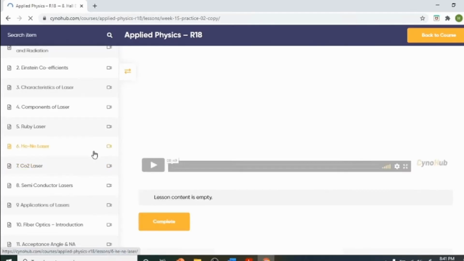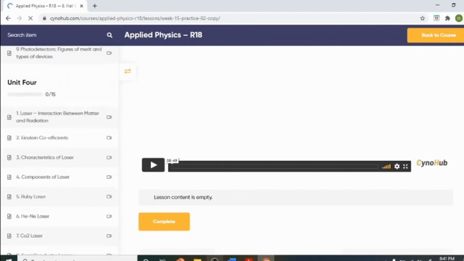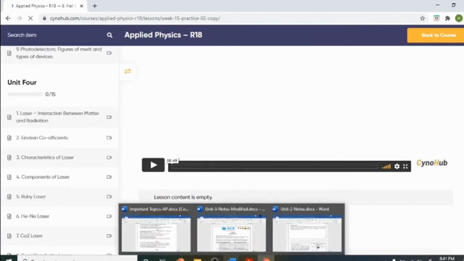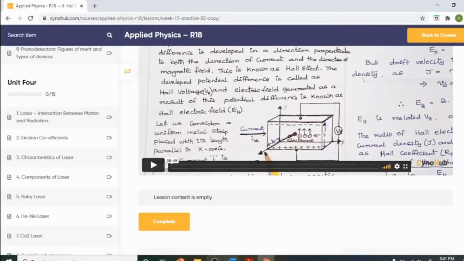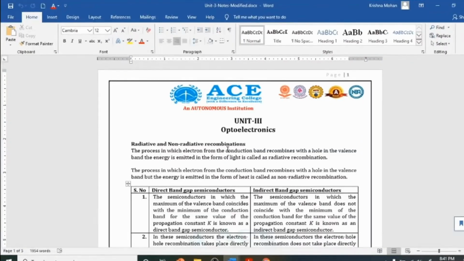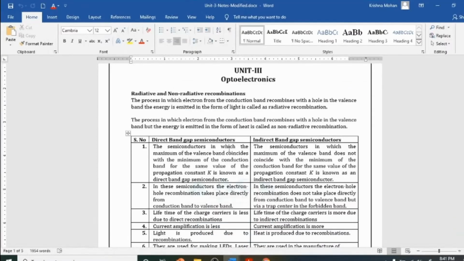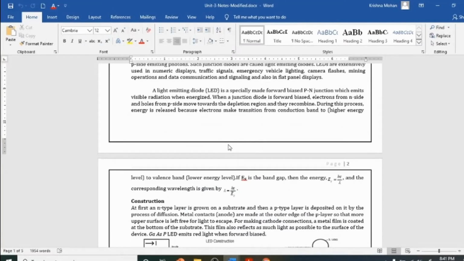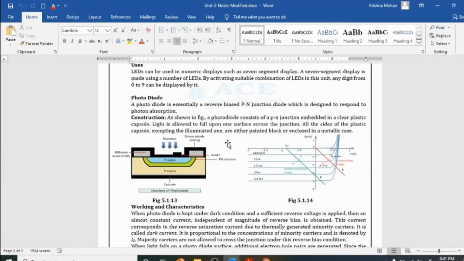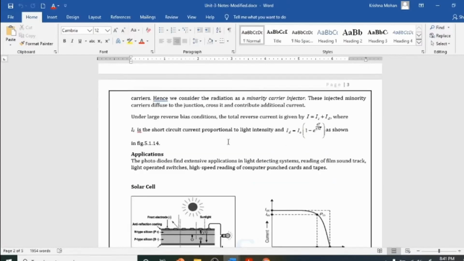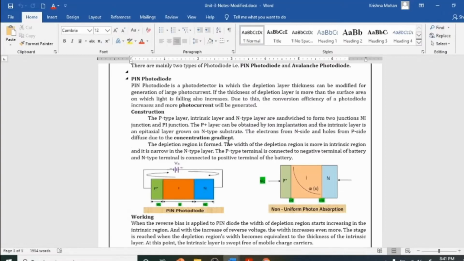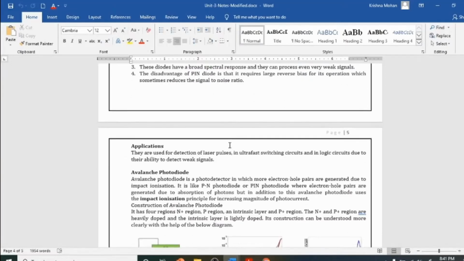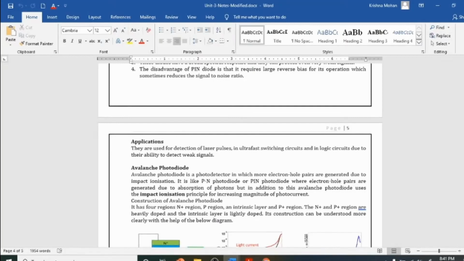Now I will be moving on to the third unit, but we are not very interested in it, so we are going to skip it. If you want, you have everything about the third unit on the website: optoelectronics, direct and indirect band gap semiconductors, the transitions, light emitting diode and its concept and applications, then photodiode, and then solar cell. Photodiode types also include the avalanche photodiode and pin diode. These are the 5 topics. But if you prefer to have a very small unit,